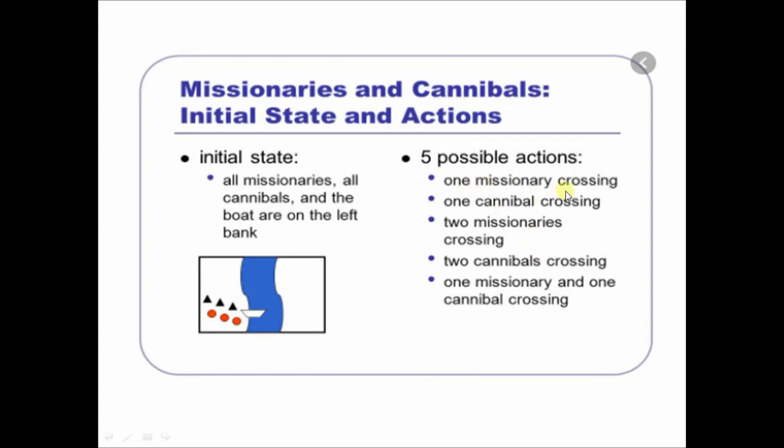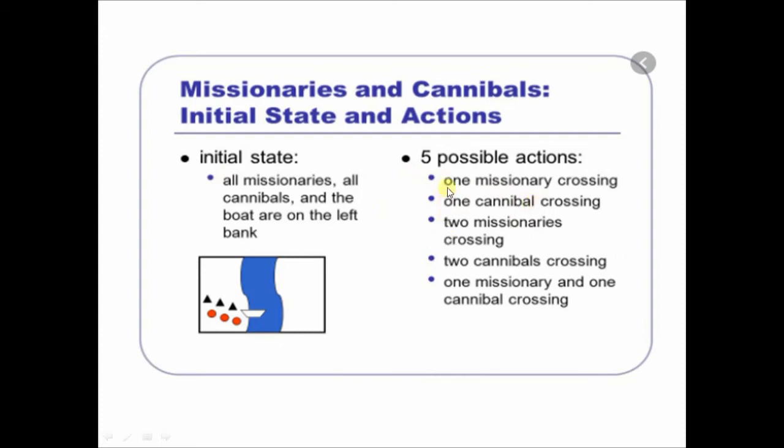So that means one missionary can do the crossing, one single cannibal can do the crossing. That means one missionary can sit in the boat and go to the other side. He may come back, or somebody else can sit in the boat and come back. Similarly, one cannibal can cross from bank A to bank B, and then either he can come back or somebody else can replace him and come back.